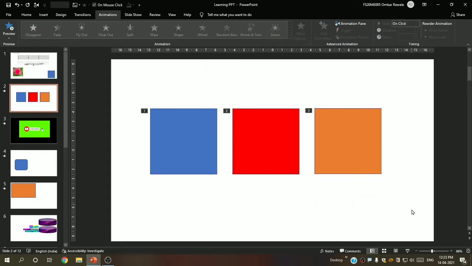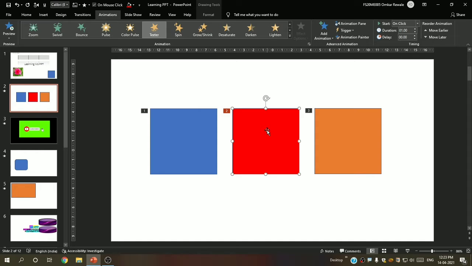So now for blue I have given the entrance animation, for red the emphasis animation, and for orange the exit animation.